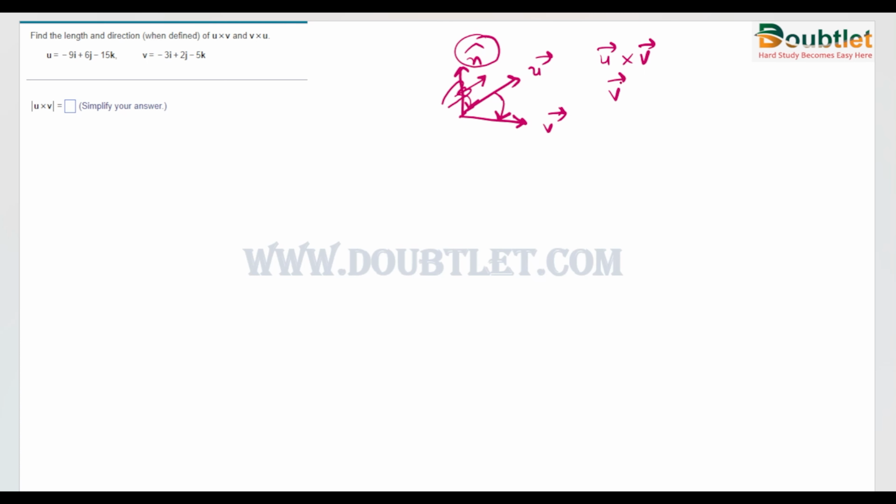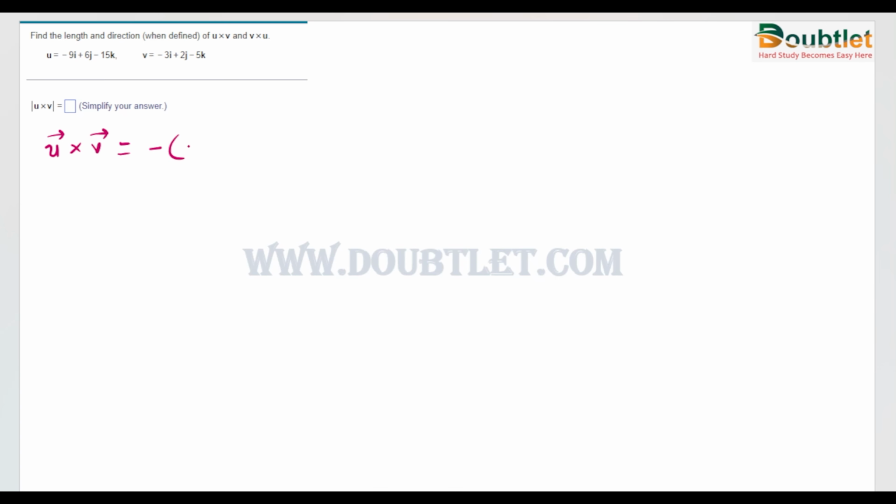And if we reverse the order to v cross u, then we point our fingers in the v direction first, and then rotate them toward the u direction, and our thumb will show the negative n direction, meaning the downward direction. So this is minus n cap. This is the difference of the minus sign in the direction of u cross v and v cross u. So we can write u cross v is equal to minus v cross u. Basically they have opposite directions.